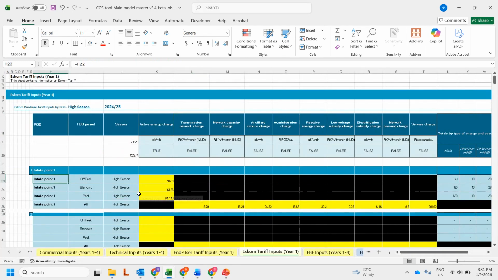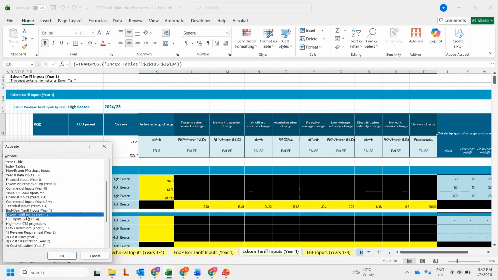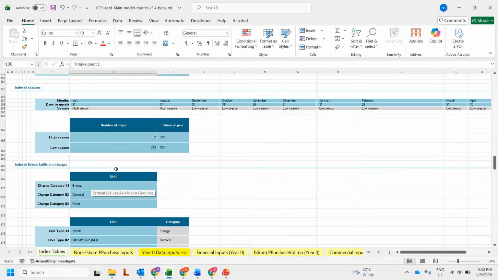So now it's just important to note at this point that the current setup of the tool is based on the old Eskom Megaflex tariff names. If you have seen the Munich Flex tariffs, you'll know that there's a few changes that have been made, and there are more than 10 charges. The tool currently only allows, if I come back down to